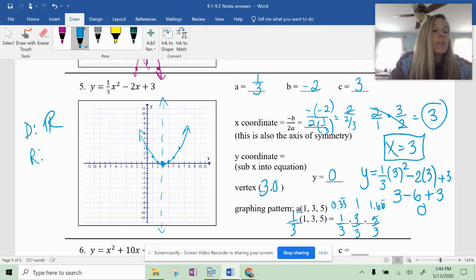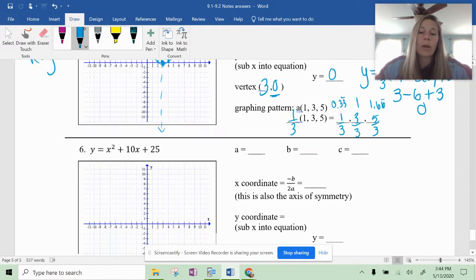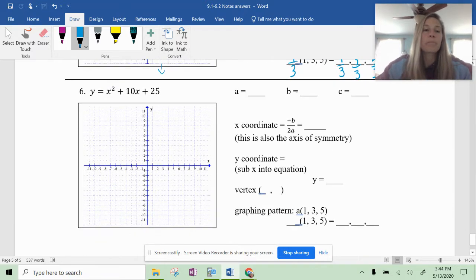The range is the y value is going to be greater than, since we have a positive a, greater than 0. It's greater than whatever your y is on the vertex. Okay, so let's go through one more with all of those steps, and then we'll do a couple that are condensed a little bit. Okay, so this last one here,